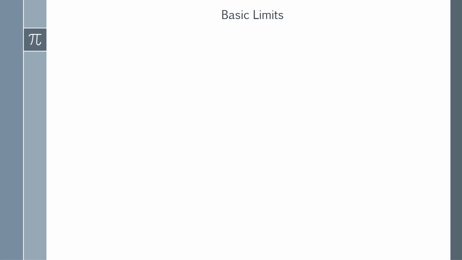Now let's go ahead and review the two basic limits that will be foundation for evaluating many limits in this class. So here we have two expressions. The one on the left says the limit of x as x approaches a is equal to a. And the one on the right says the limit as x approaches a of c is equal to c, where c is some fixed constant. Okay, so these might seem fairly obvious to you, and that is perfectly fine,